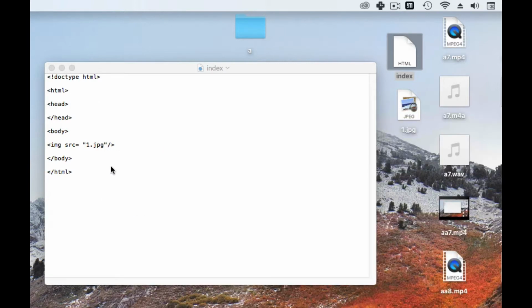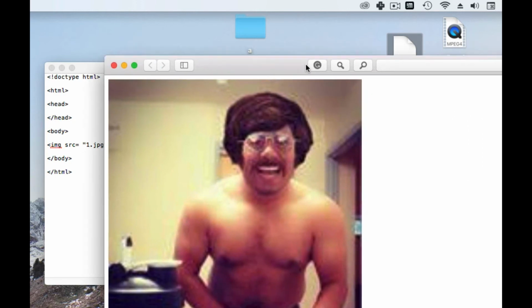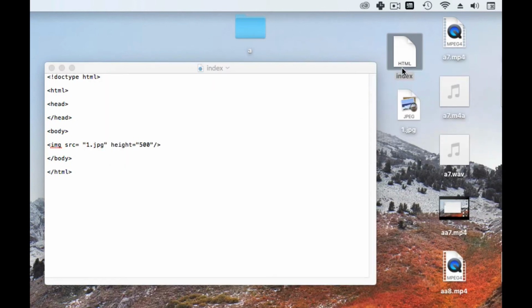Now to resize this image, all we have to do is just put a height right here, height, and whatever size you give, it's going to be the image size. Now let's put 500 and serve, and when I open this one, you can see the image became bigger,